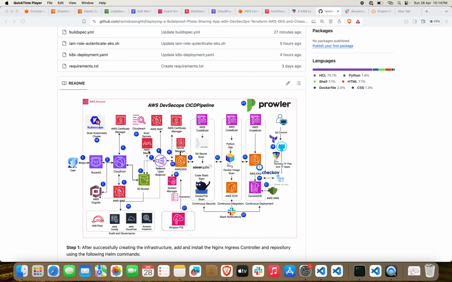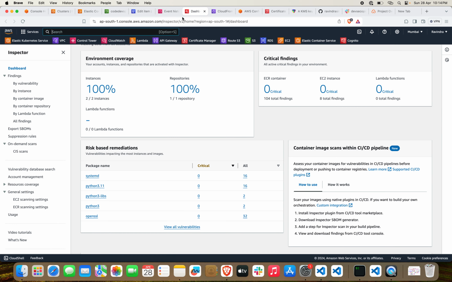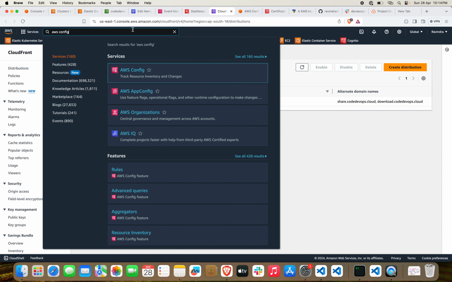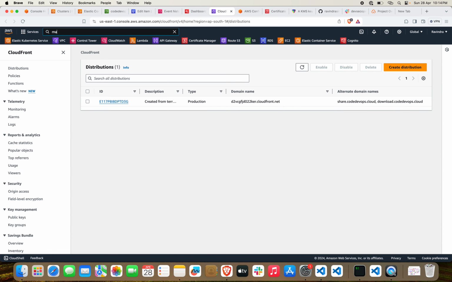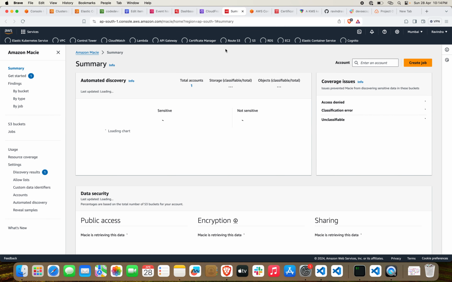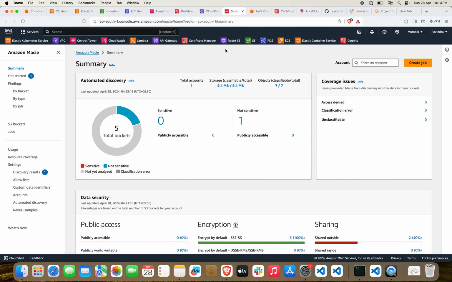Now we will look into this AWS Macie service. Okay, so let's go to the AWS Macie. So you can see that Amazon Macie is a fully managed data security and data privacy service. Okay, which behind the scenes is using machine learning and pattern algorithms to discover and protect our sensitive data